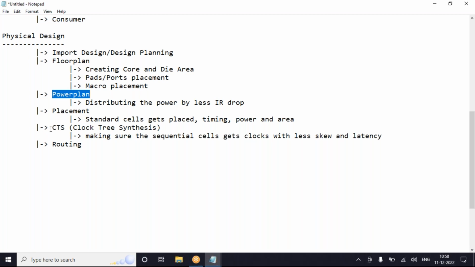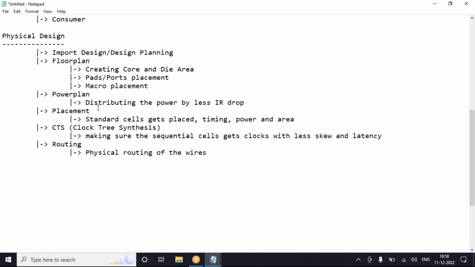In the second case, in the CTS stage, I made sure the clock pins are connected. And the pending part is the data connectivity, or let's say signal routing. So that physical connection will be made in the routing stage. Physical routing of the wires.